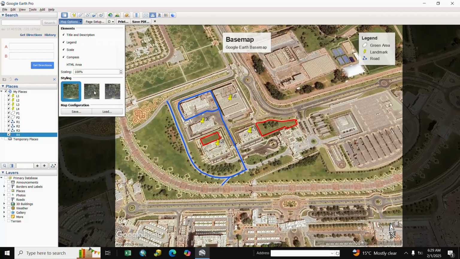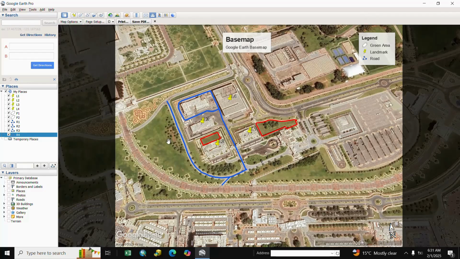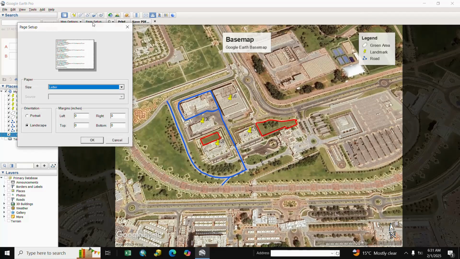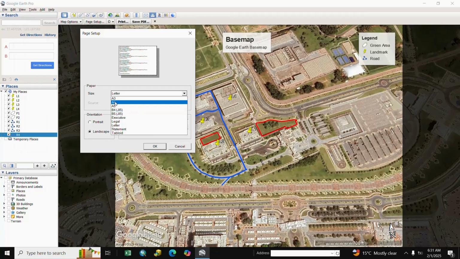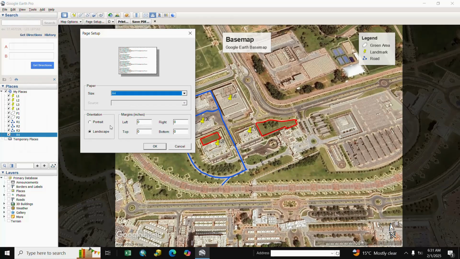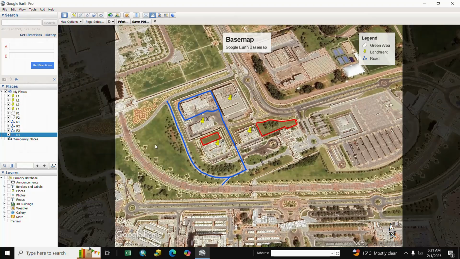And if you want to change the image resolution, you select here as per your requirement. And next, for page setup, you go to page setup and select size, we select A4. If you want portrait, you select portrait, and we select landscape and OK.